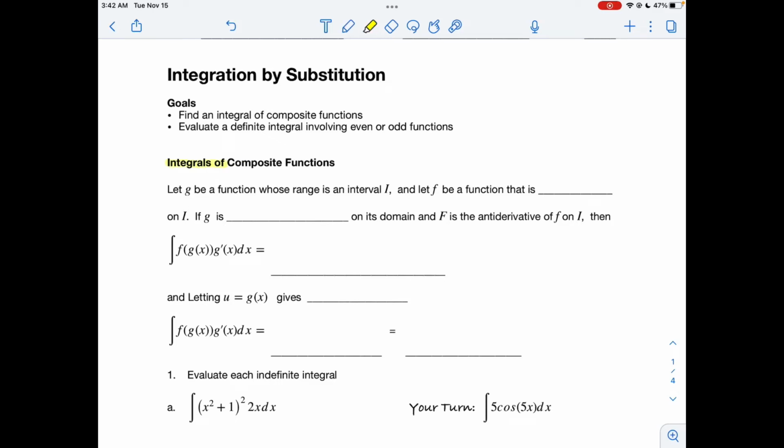Okay, we're going to find the integration by substitution. This is when we find the integral of a composite function, so a function inside of a function. So if g is the inside function whose range is over the interval I, and if f, the outside